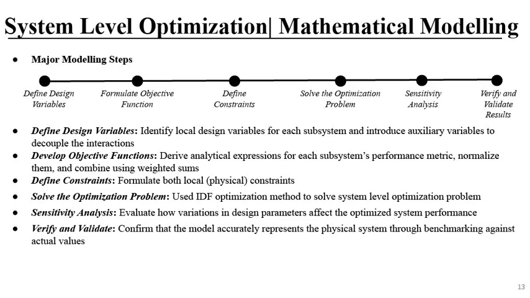The major steps followed in mathematically modeling the system optimization can be seen on the screen. It begins by defining local and auxiliary design variables to manage interactions between subsystems. Objective functions are developed by normalizing and combining analytical expressions for performance metrics. Constraints are established and the system level optimization is solved using the IDF method. Sensitivity analysis is conducted to evaluate parameter variations, and the model is verified and validated against the real-time data to